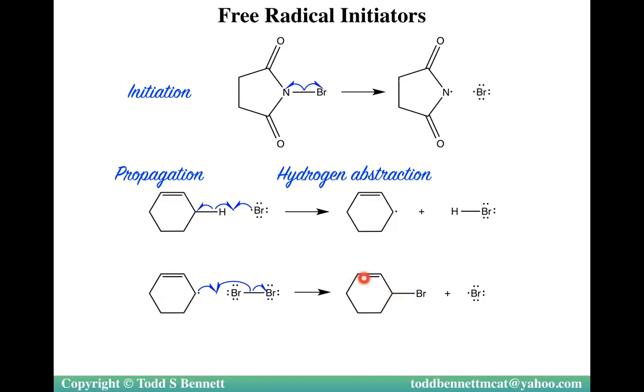And again, the bromine could have gone there with a double bond there, but it's the same compound. Note you end up with a new chiral center, but it has no stereoselectivity. You're going to get equal parts R and S. So it's good for positioning. You can generate an allylic alkyl bromide, which is going to be really useful for synthesis, because if we put a functional group here, it can sometimes, through resonance, help facilitate a future reaction or stabilize an intermediate, whatever we need